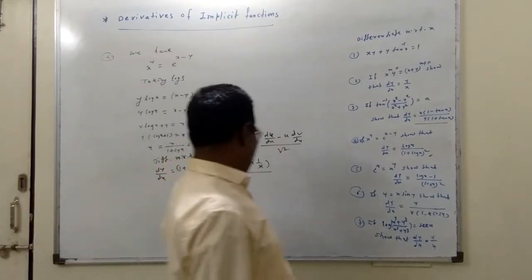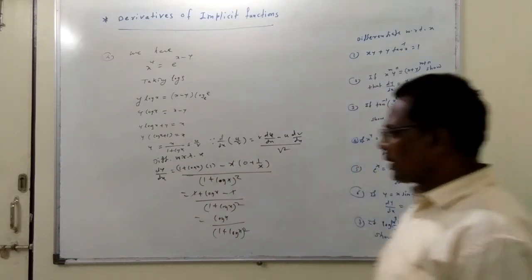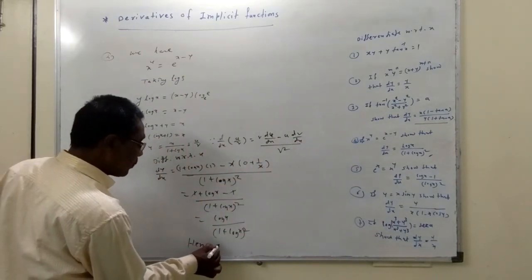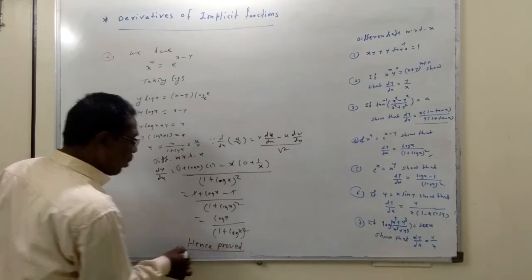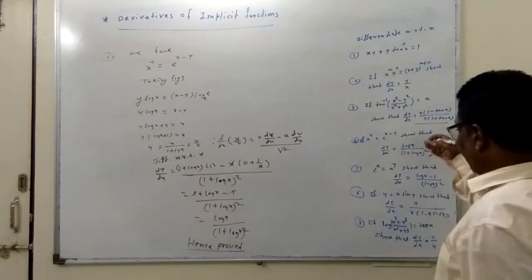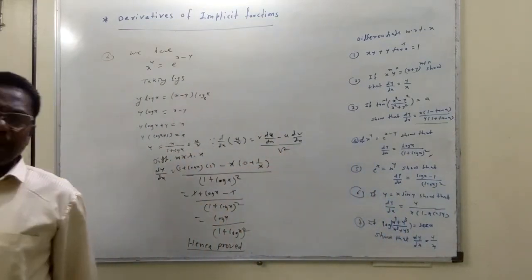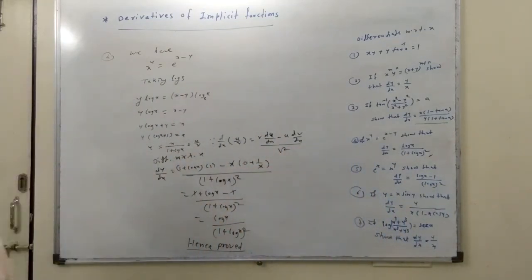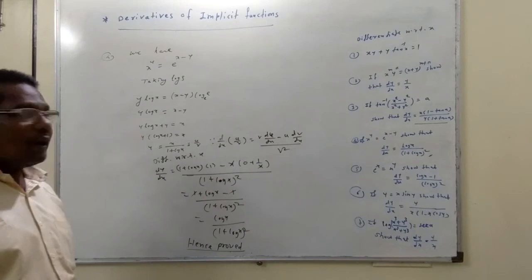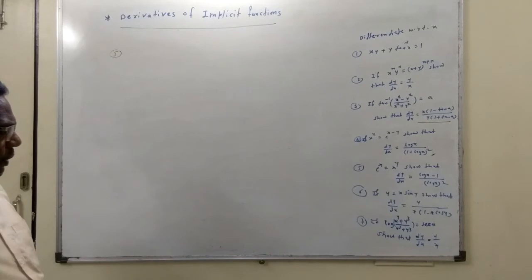So if you observe this result, log x upon 1 plus log x bracket square. Okay. So we have achieved the target, hence proved. When you solve the example yourself and reach the result, you get a very confident feeling. In engineering also, when we make any part, any machine, etc., and complete it successfully, we get the same feeling.